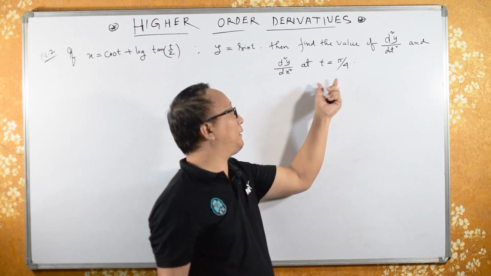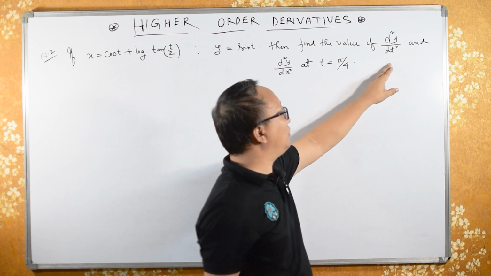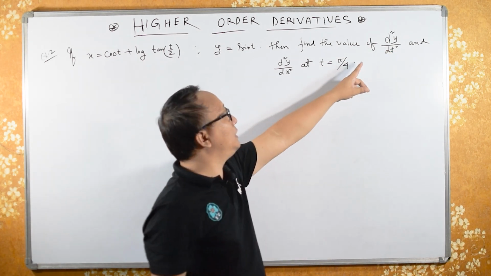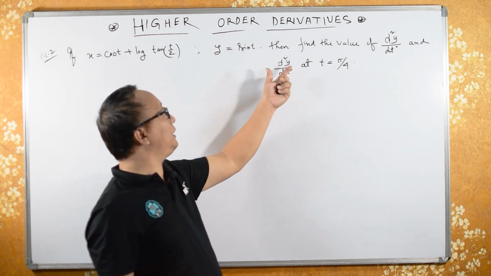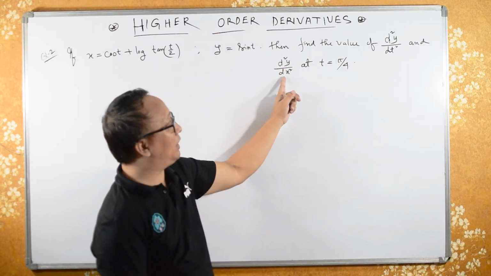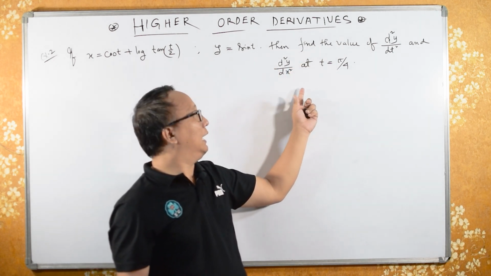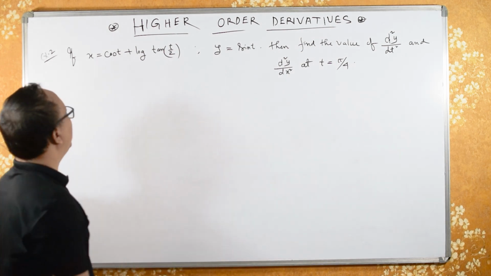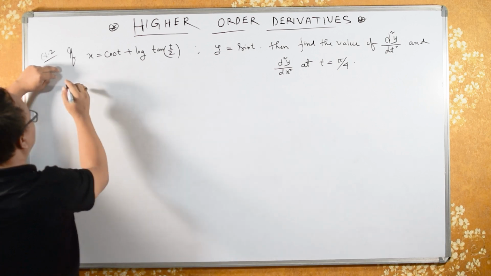It's 45 degree, okay? Now, in order to find d2y by dt square, what we have to do is, you have to find d by dt of dy by dt. Similarly, if you want to find d2y by dx square, you have to find d by dx of dy by dx. Okay. At that particular point, t equals pi by 4. Okay. Let's solve this. Now, since it is given, solution,